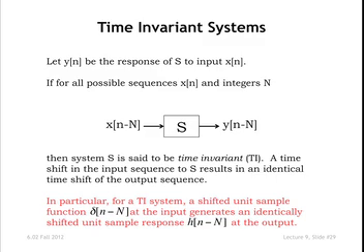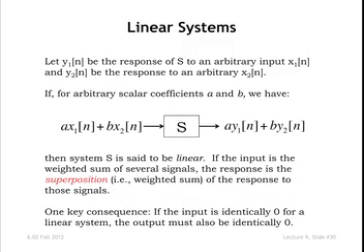So for instance, if you had a time invariant system and you put in a delayed unit sample, a unit sample that has the value 1 at the point capital N, your response will be the unit sample response, but correspondingly delayed, right? So time invariance of a system allows you to do that, and that's very convenient. Here's the other property that's